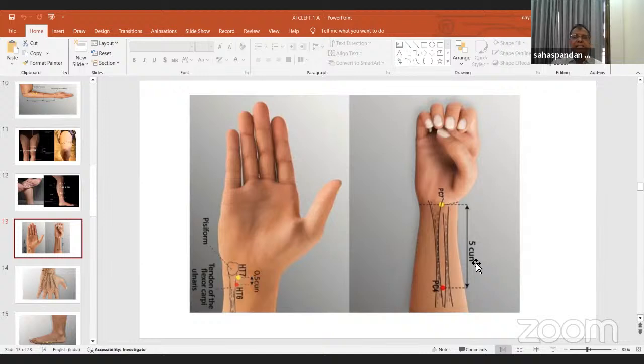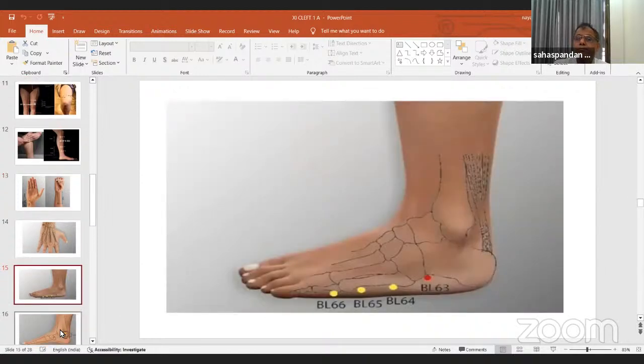And bladder 63. So this is the bladder 63, red color point. This bladder 63 is indicated for sudden onset Shin disorder, a mental disorder, sudden onset of mental disorder, sudden turmoil disorder, and acute vomiting and diarrhea with cramp, and epilepsy and